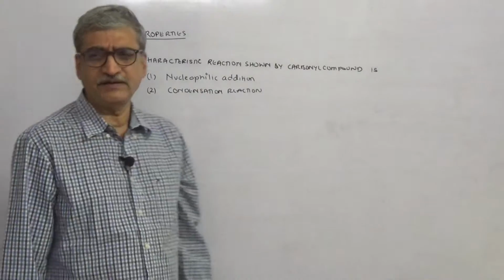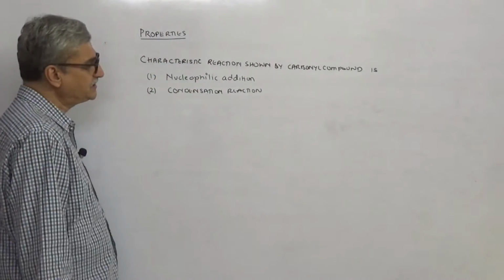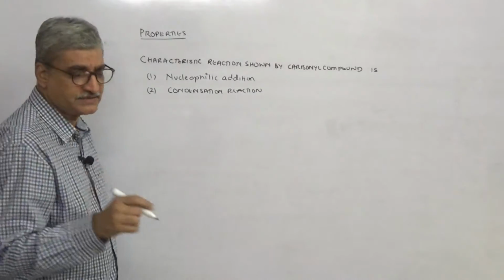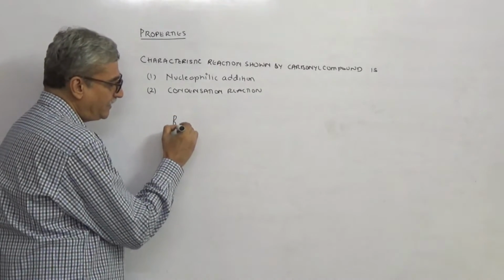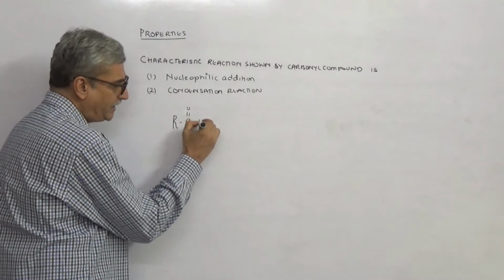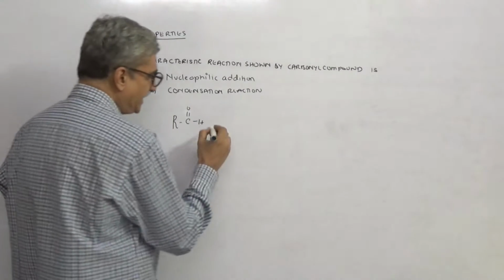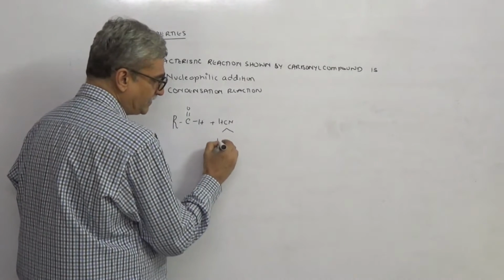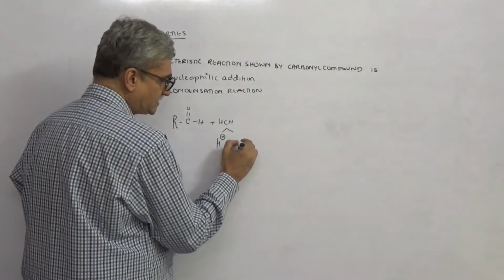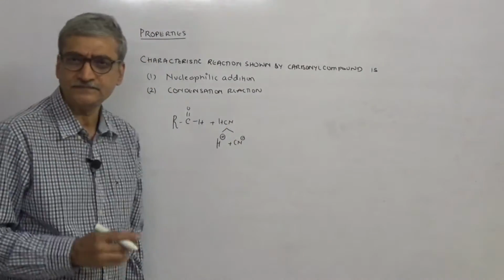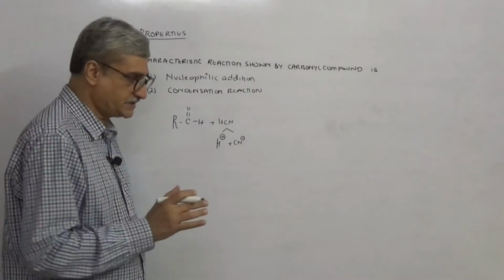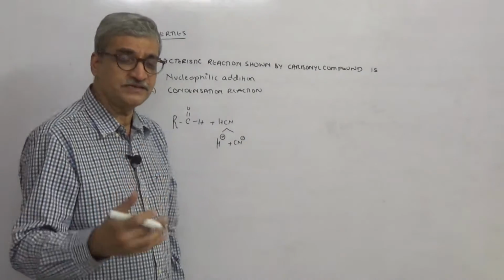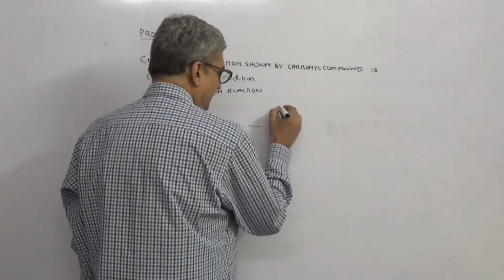So obviously the first thing that we are trying to answer is, why does it show nucleophilic addition? That is the entrance exam question. So we have RC double bond O. Let us say it reacts with hydrogen cyanide, HCN. Hydrogen cyanide splits to form H plus and CN minus. So let us consider both the cases, nucleophilic addition and electrophilic addition, and then discuss why nucleophilic addition is favorable.